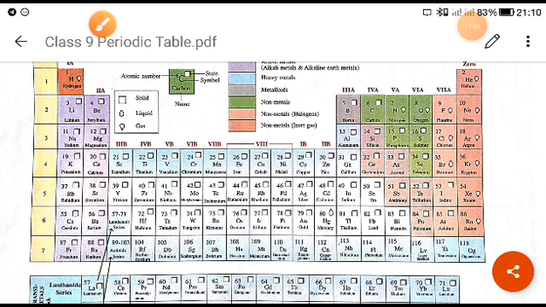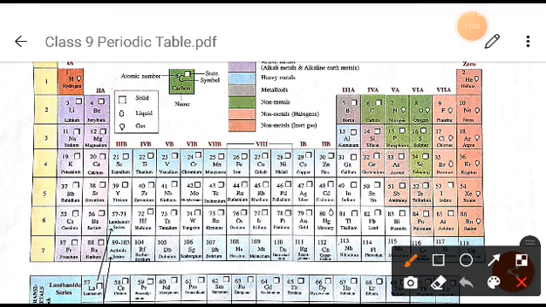Means what? The number of shells present in an atom determines its period. Whatever the number of shells present in each of these elements will determine its period. Okay, now first of all, what we can say, elements with electrons increasing arithmetically in the outermost shell one by one till an octet is attained